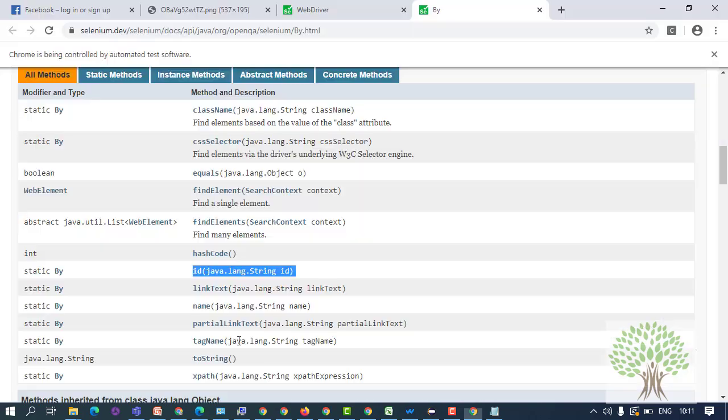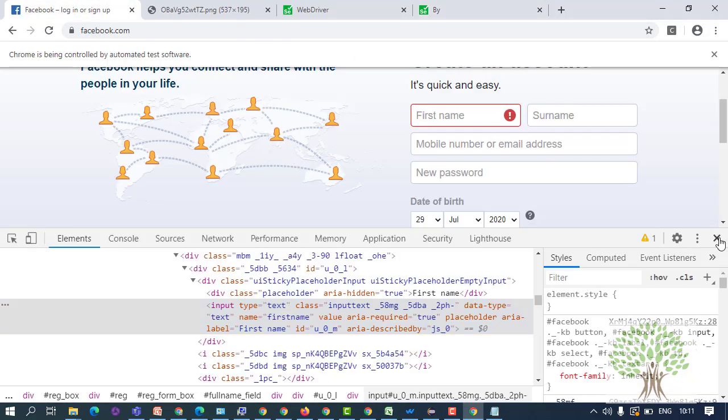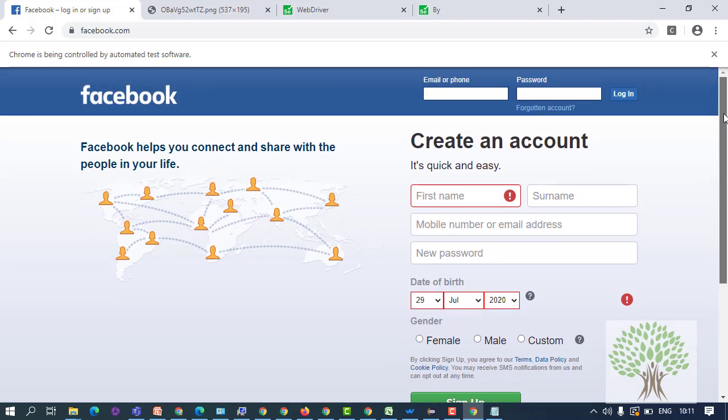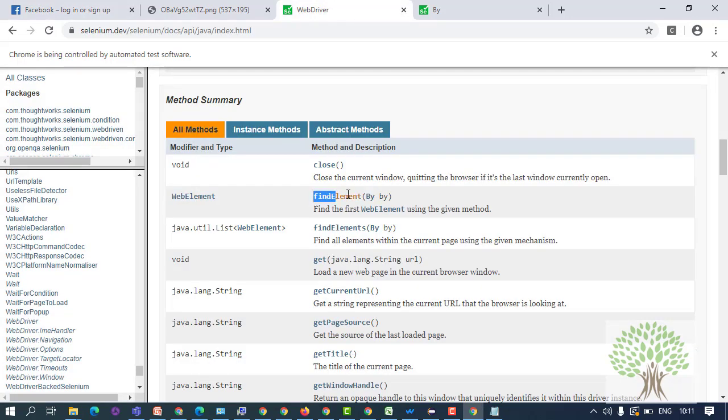Now in Selenium, whatever is there on a web page is known as a web element. Don't confuse this with web element of QTP or UFT if you have studied that. That is different. This button is a web element. This text box is a web element. Link is a web element. Right. Everything on the page is a web element. And find element function returns you a reference of web element.